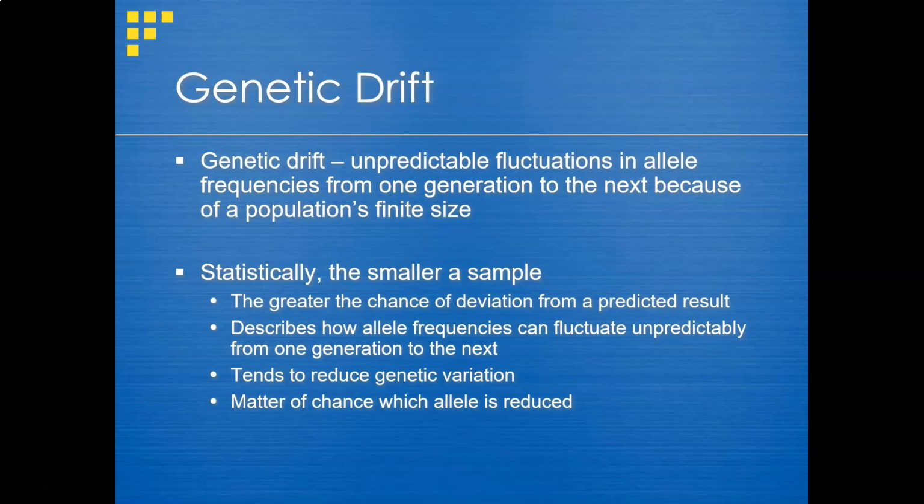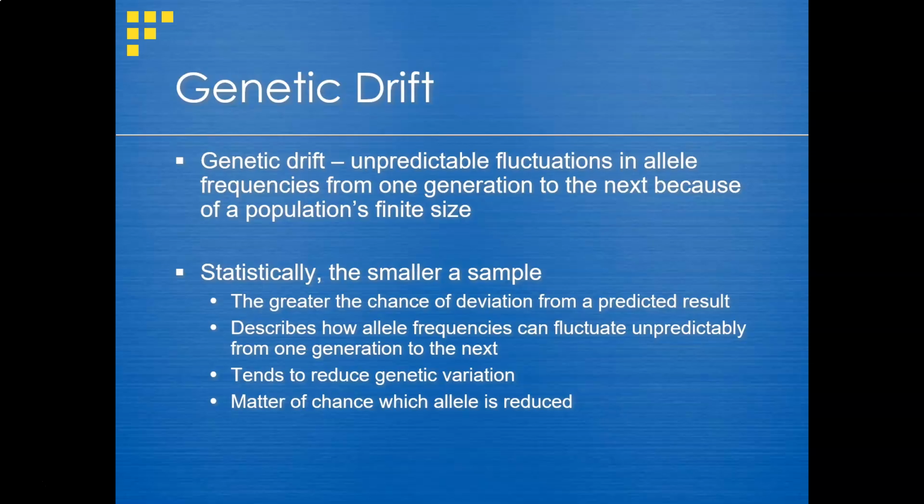So let's talk genetic drift for a second. Natural selection really is this idea of predictable change. If I know a set of conditions, I should be able to hypothesize which traits in that population make sense to be beneficial in that environment, and then I should be able to predict the frequency that those alleles should appear in successive generations. Genetic drift is sort of the opposite of that.